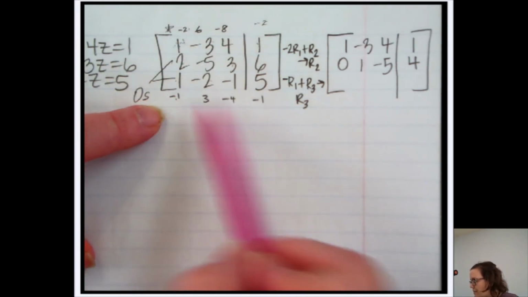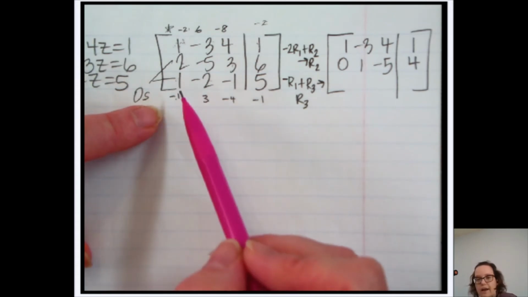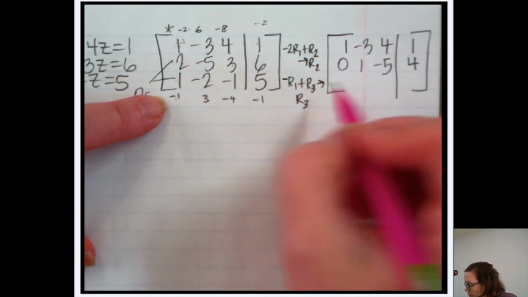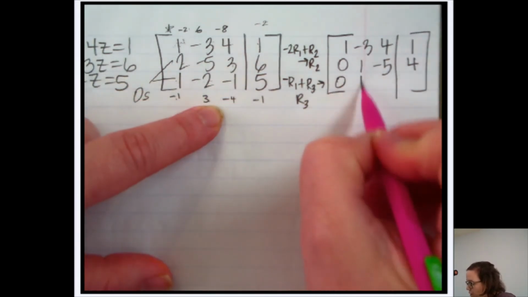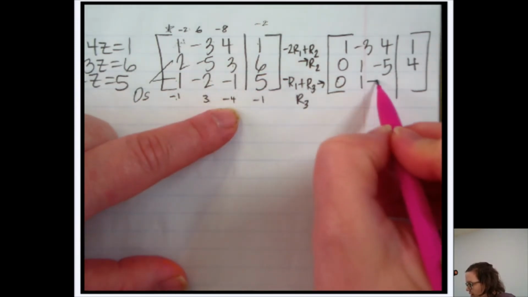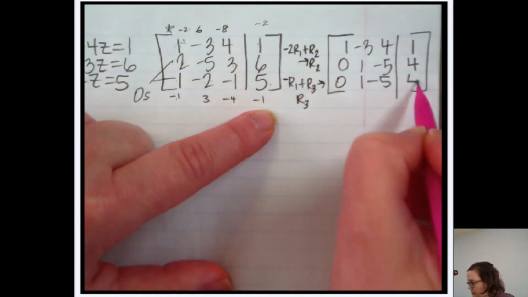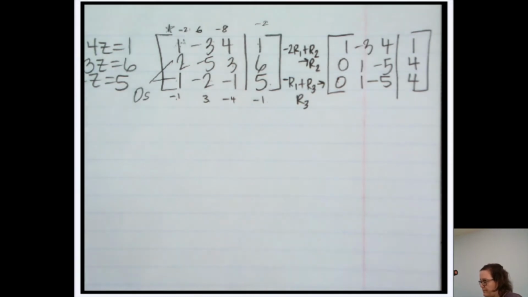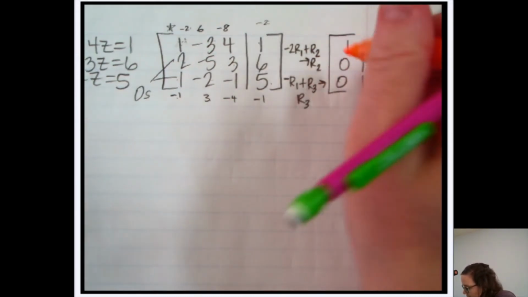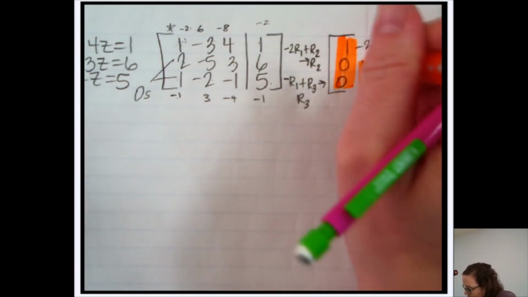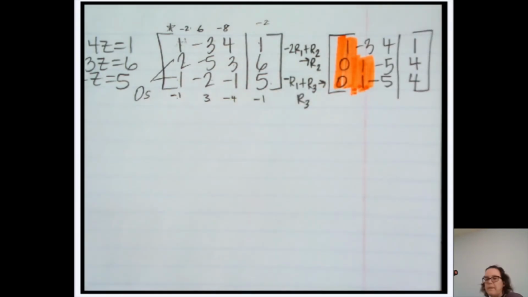And again, I just write mine either above or below, whatever I have room for. So this becomes 0, this becomes 1, this becomes negative 5, and this becomes 4. Okay. So some good things happening here. More than we expected, maybe. Okay. And you may notice something kind of strange here anyways. But,